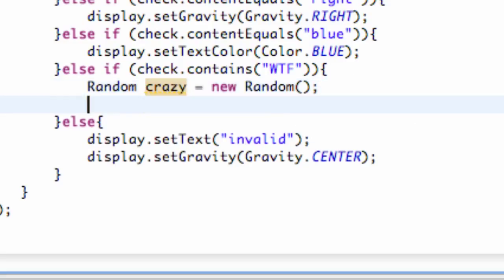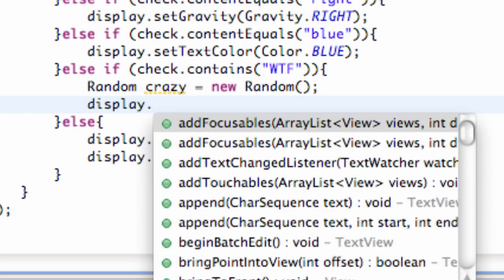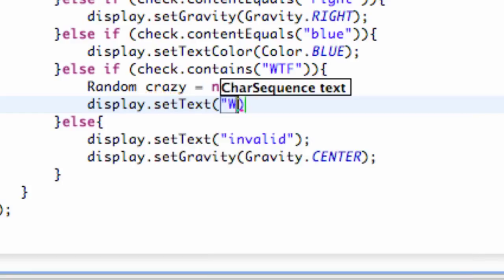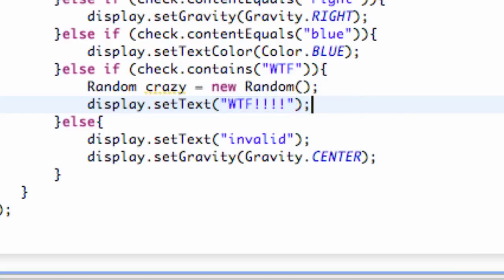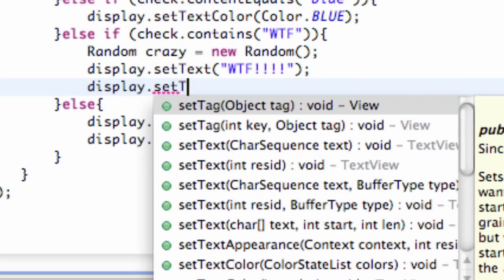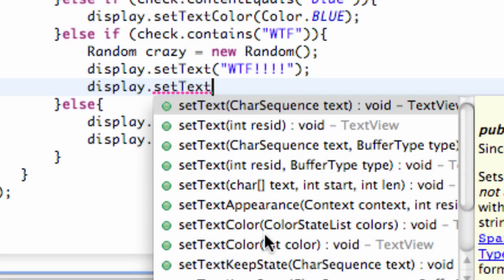So now what we're going to do is define some methods within this WTF, where's the fridge. Again, we're just going to set the text to WTF, something like that. Next thing we want to do is maybe change the text size. So again we can just say display dot set text size,